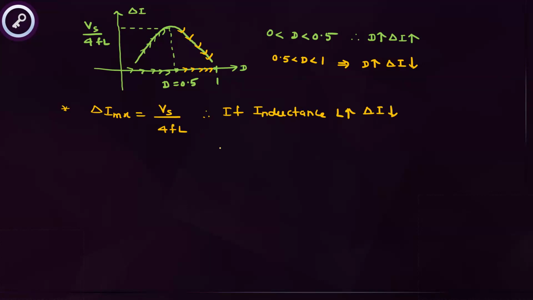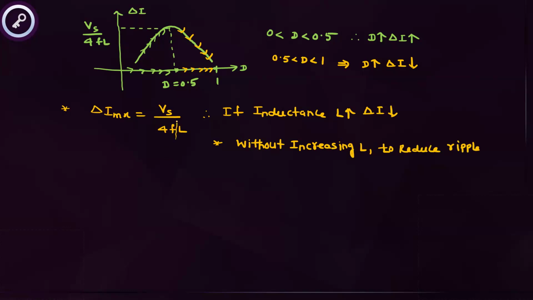And there is one more method to reduce ripples without increasing L. What do you have to do? One method is that if L is increased, ripples are reduced. But without increasing L, to reduce ripple,